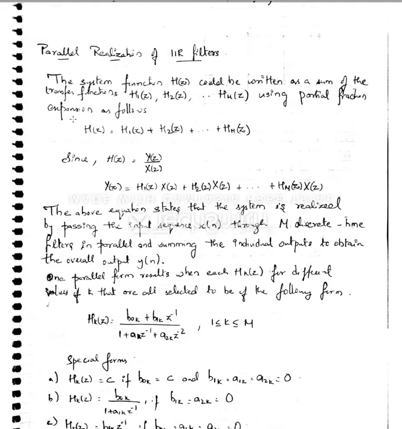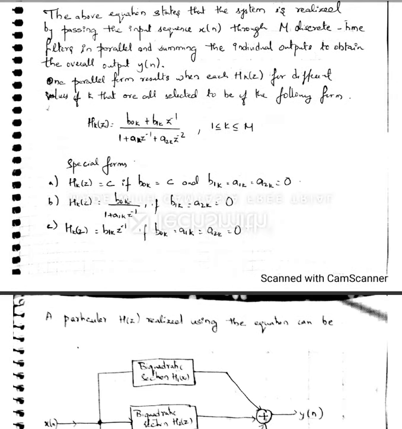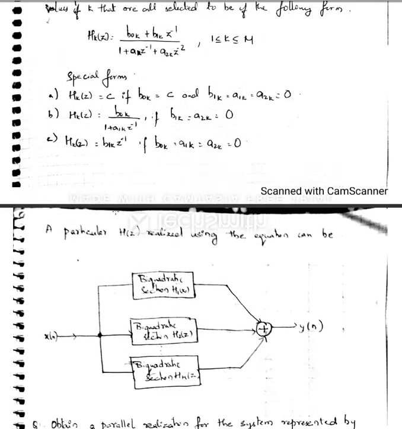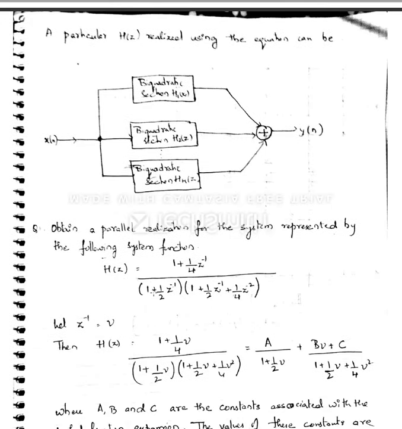So what basically will happen is you are going to arrange your realized structures one below the other. Again, you can make use of the transfer function in the similar way as you did for the special cases. So every transfer function that you have, assume that to be a biquadratic section, and you are going to arrange it one below the other.